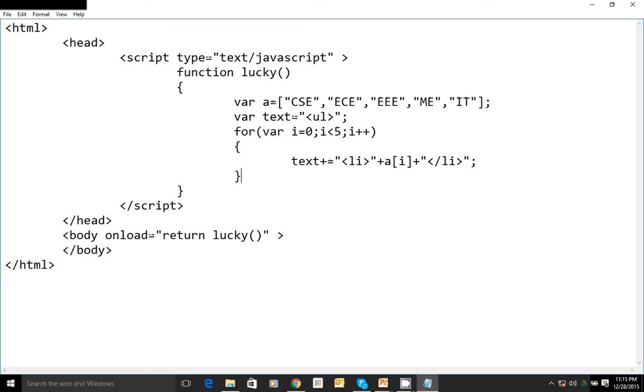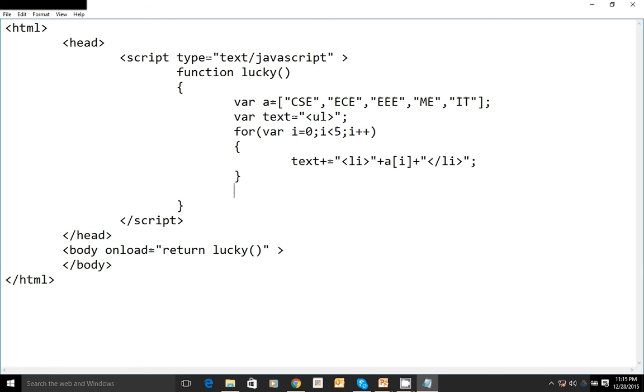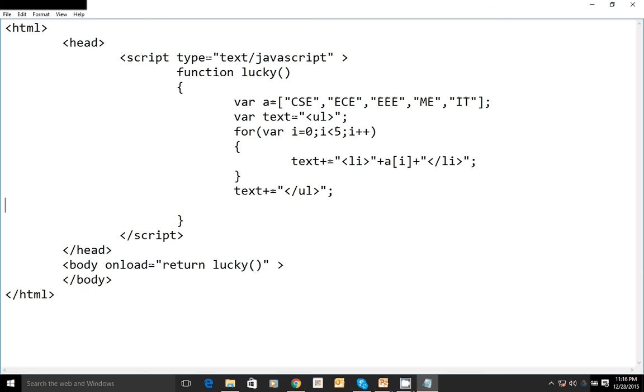After coming out of this loop, text plus equal to closing the unordered list, and finally print them with document.write of text.